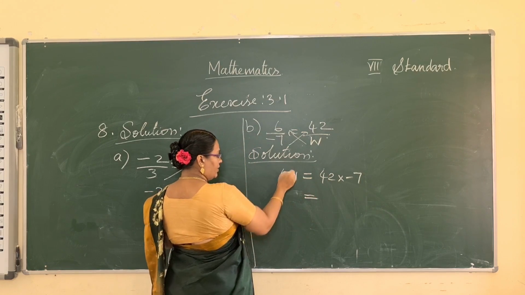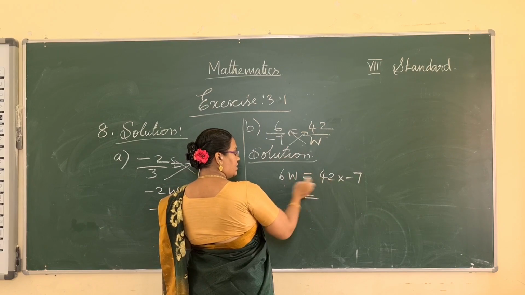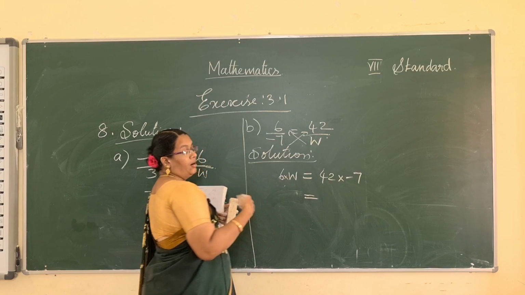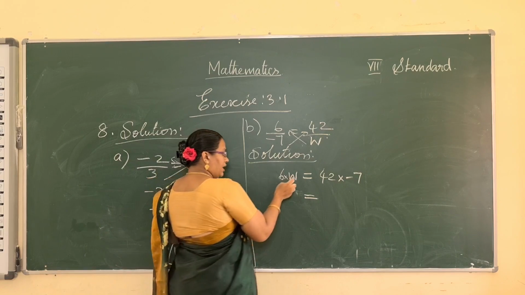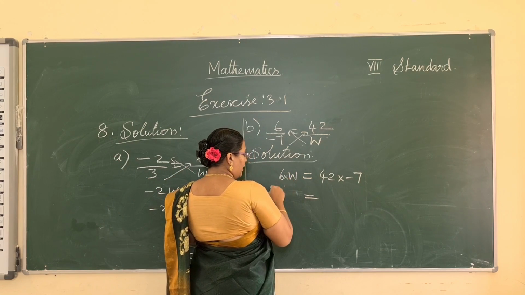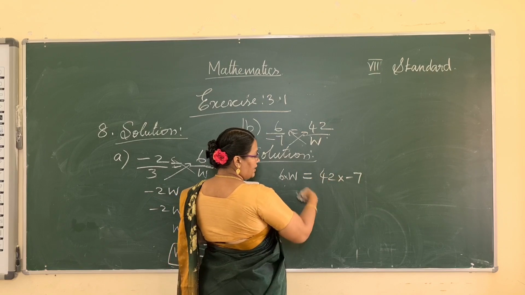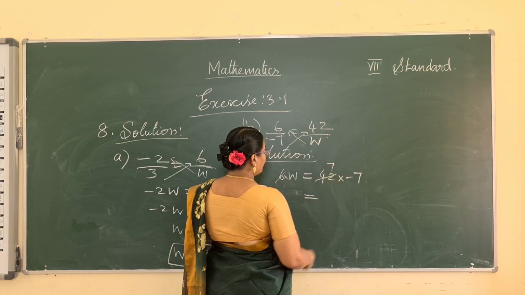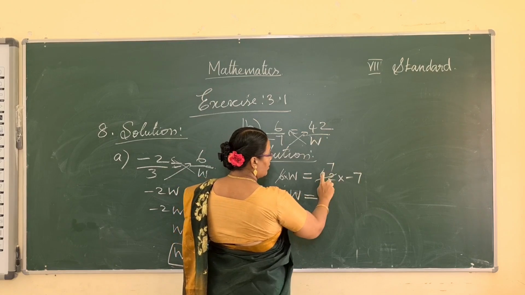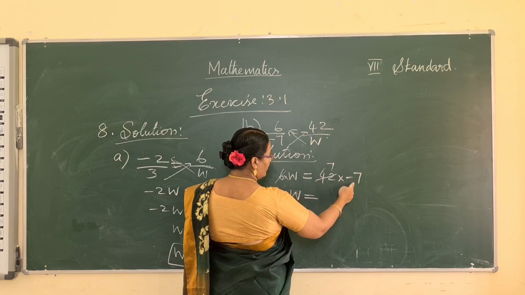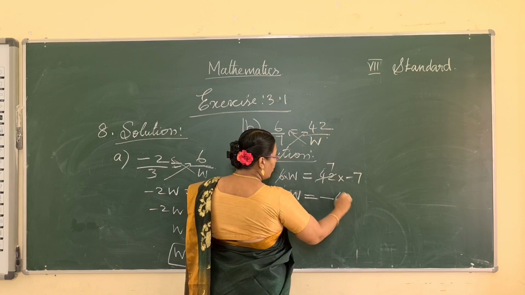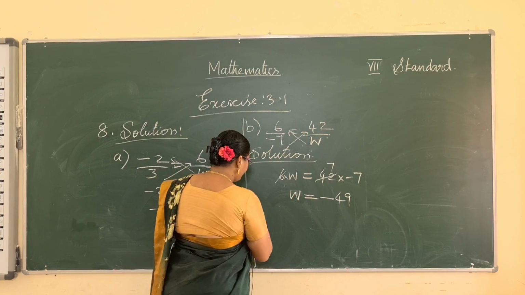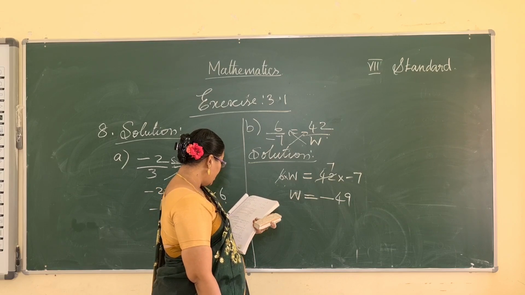So that is another method. See, the equal symbol is given. You can cancel here, meaning 6 into multiple of W. So here we find out the value of W. You can simplify the 6 directly. 6 ones are 6, 6 sevens are 42. So W is equal to minus, into plus, minus 7 sevens are 49. So W is equal to minus 49.